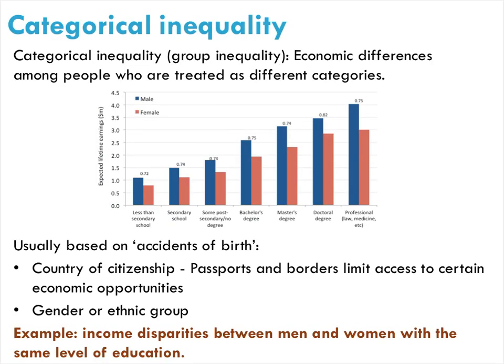How can we categorize the different types of inequality? One way to think about it is inequality that's due to something outside of your control, a category you're in, a gender, an age, a skin color, accidents of birth, country of citizenship, etc. If those are the best explanation for inequality, usually people are not as comfortable with that. We tend to be a little bit more comfortable in earnings inequality that's down to education, and you can see that in here too. There are both gender and education reasons for inequality.